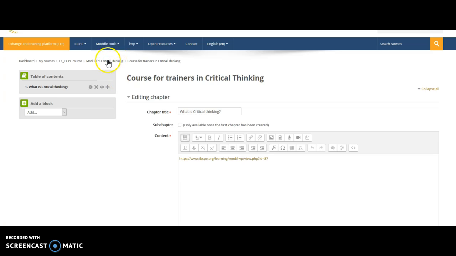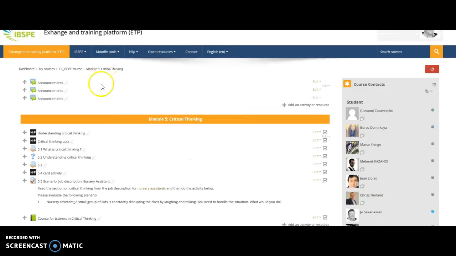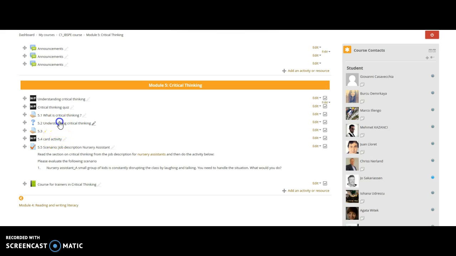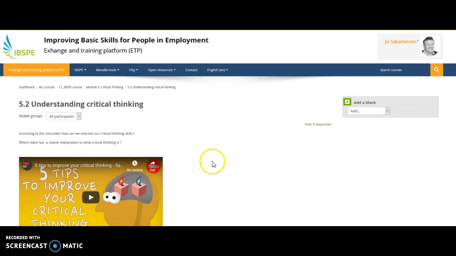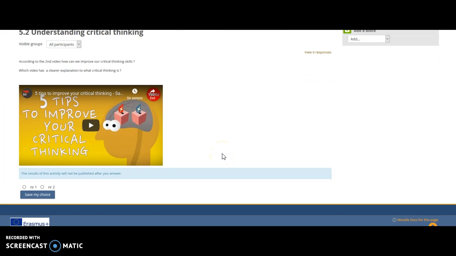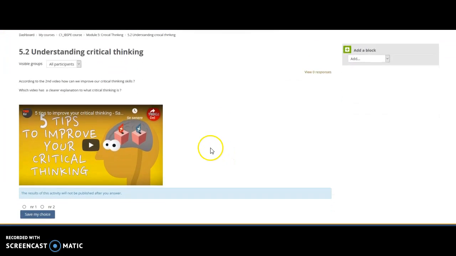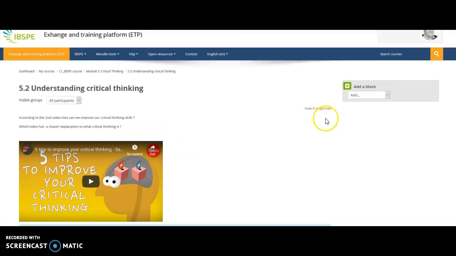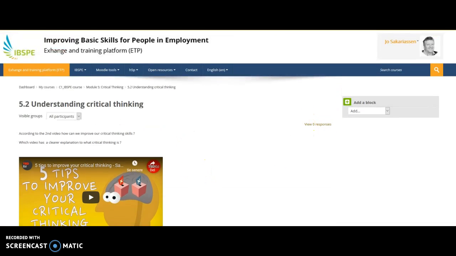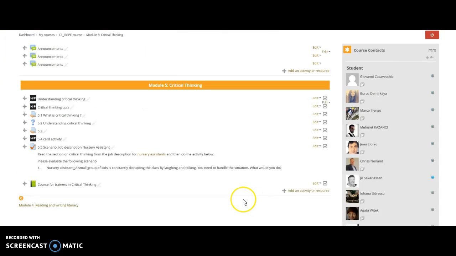I'll show you. I'll find this movie. It's here, Understanding Critical Thinking. I'm back here because what I was thinking, an easy way to do it, is just to copy the content you already have made into the ebook. As an example, here we have this Understanding Critical Thinking. I can go to Edit Settings,